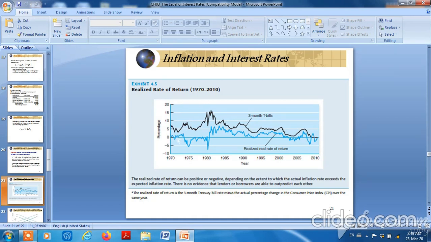So this is the percentage change and this is the year. The black line is the return on 3 months treasury bills. And the blue line is the realized rate of return. So you will find that the realized rate of return was negative during this period, during this year as well, during this year 2008, the financial crisis, the real rate of return was negative. كان في الفترة دي negative. So